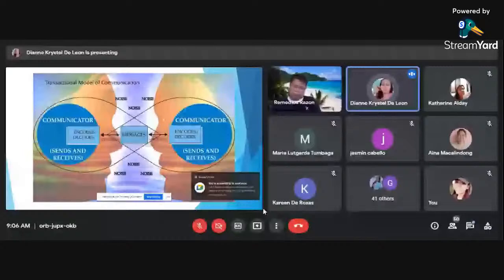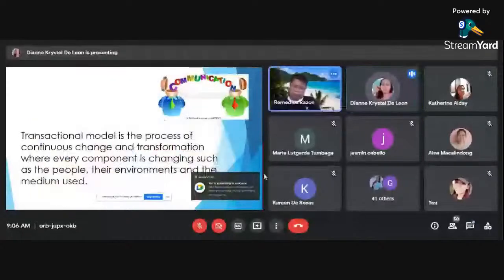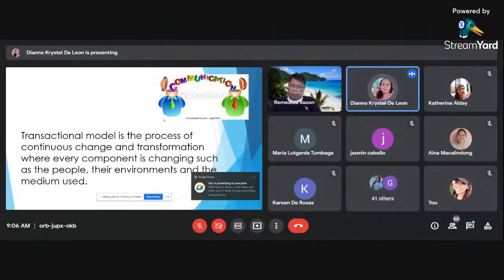So, sabi po dito, a transactional model is the process of continuous exchange and transformation where every component is changing, such as the people, their environments, and the medium used. So, ito po yung sinasabi natin kanina. May negative and positive effect po yung sinasabi nating transactional communication.